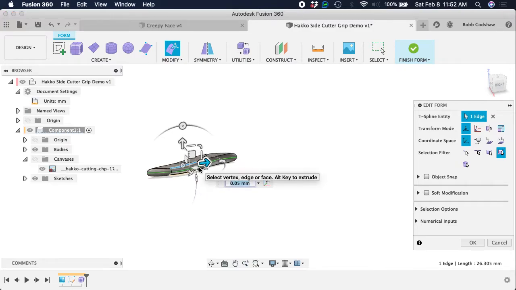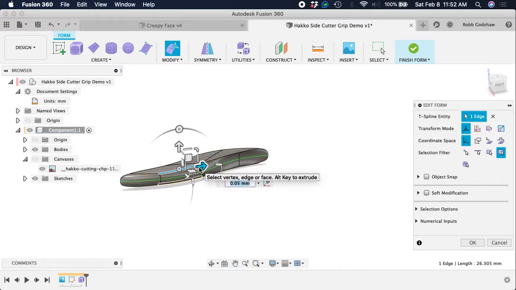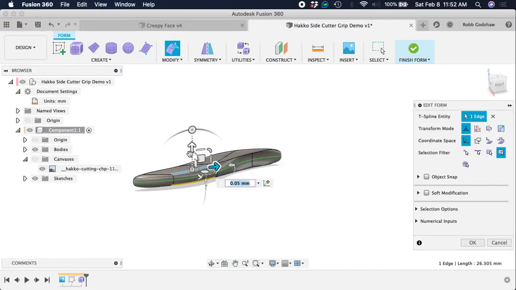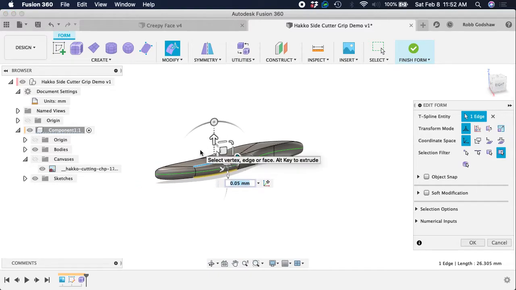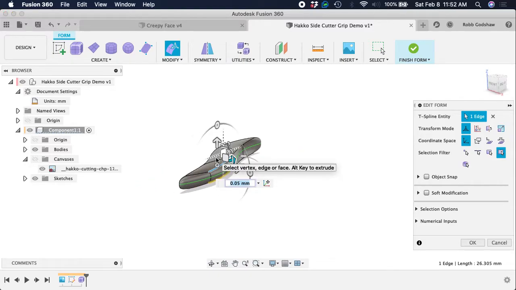Sorry, my computer is having trouble. It gets a lot slower when you're screen recording. Yeah,